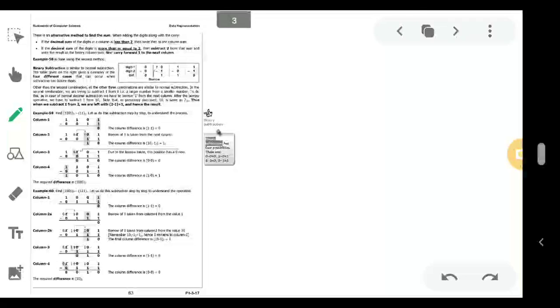In the previous lecture session, we discussed the binary addition rules and how to perform binary addition. In today's session, we will learn how binary subtraction can be performed and what the binary subtraction rules are. Okay, so the first rule,